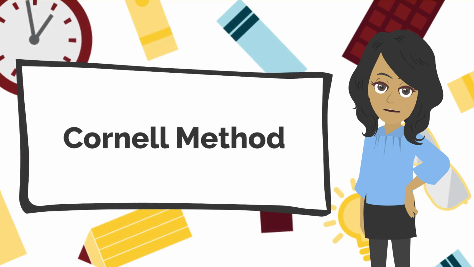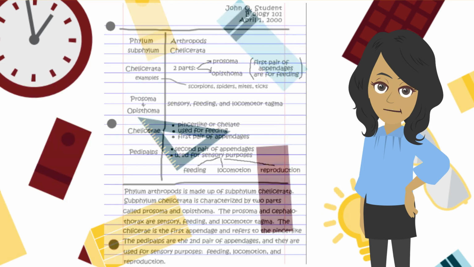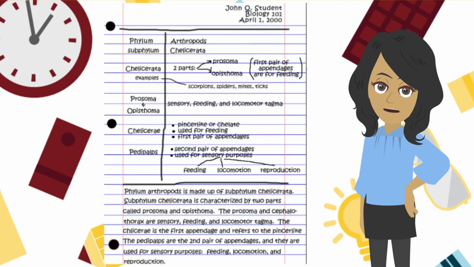The Cornell method is perhaps the most complicated note-taking system to learn, but once you get the hang of it, these notes can also easily be used as a study guide. Begin by splitting your paper into 3 various sections. You should have a margin on the left-hand side for key ideas, a larger section in the middle for additional notes, and a lower section for your summary or questions.